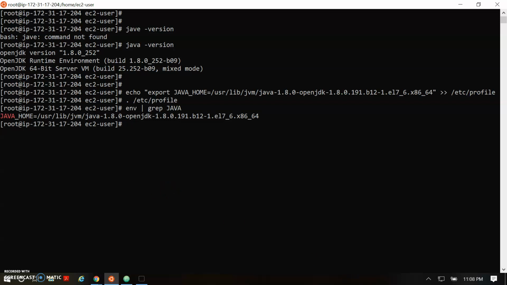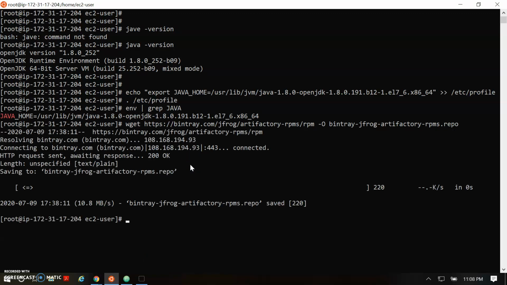So now the Java part is done. Let's move to the Artifactory installation. For that we have to take the package for Artifactory. I'm using wget to download it. I have downloaded it.